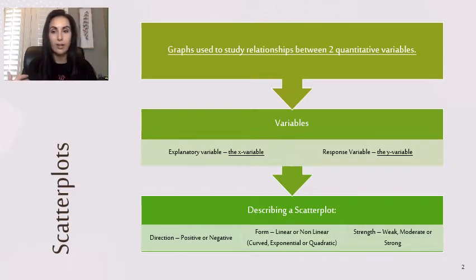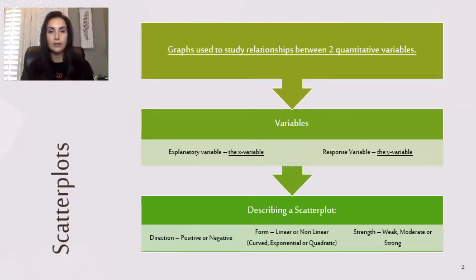as your y variable. Whenever you are asked to describe a scatter plot, which will happen often, you need to make sure that you describe the direction, the form, and the strength. The direction can be described as either positive or negative. The form is linear or nonlinear, so something that's nonlinear can be described as curved, exponential, or quadratic, but mostly in this chapter we're going to be talking about linear scatter plots. And then we also need to talk about the strength, and the strength can be discussed as weak, moderate,